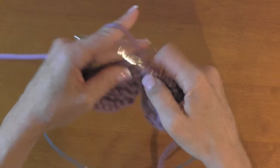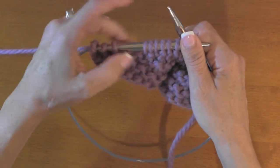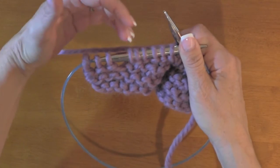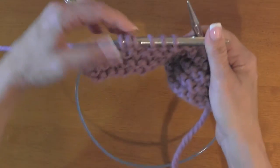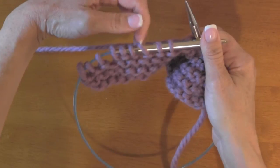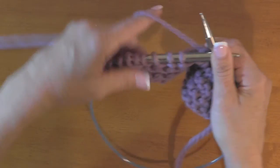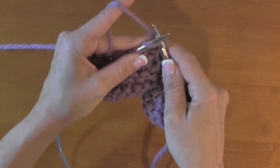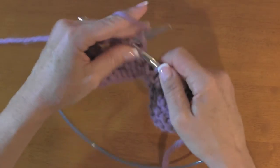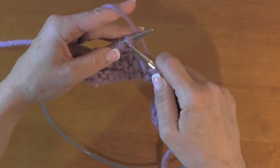So again, now we're coming down to the point here. If it were to be, we've done the first 3, and now the pattern says to do the next 3 or 6 before the end, we would not count that yarn over. These would be the 3, and there would be your 6. That is not part of it. Okay, so we're going to go along here. Okay, so now we're going to come to